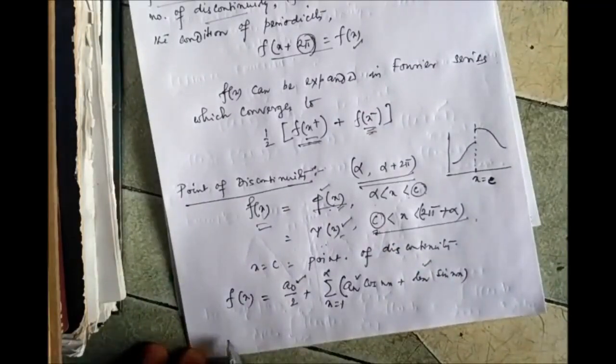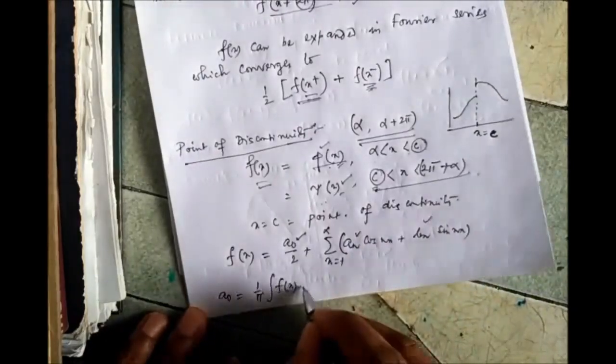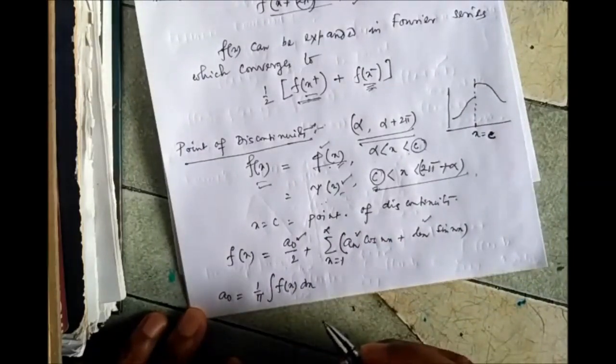So the form of a0 I can write as 1 upon pi integration of f(x) dx,